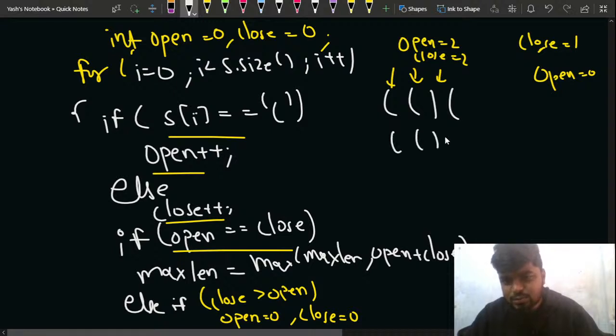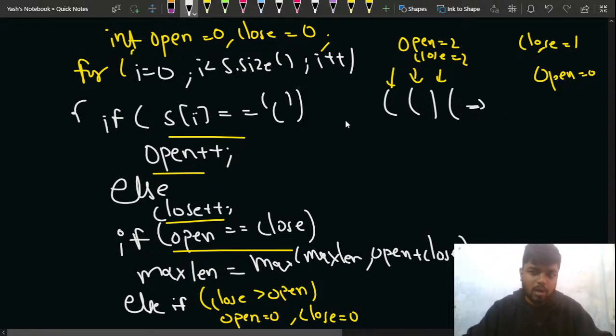This is currently the case when you are looking from left to right. But what if you look from right to left? Some people might have noticed, right? For this case you should be getting an answer 2. Actually from this code you are getting 0. But how will I change this? How do I change this, right?